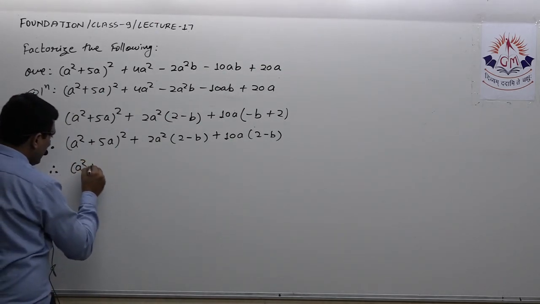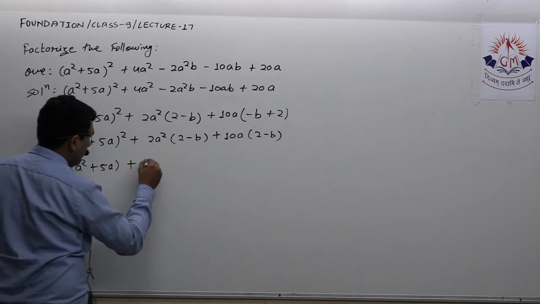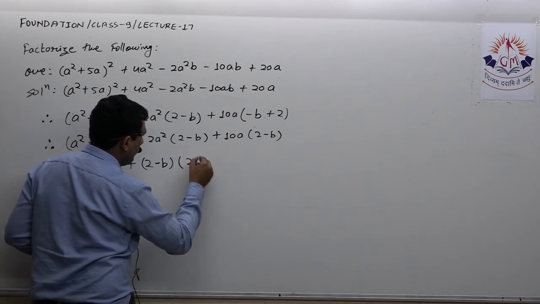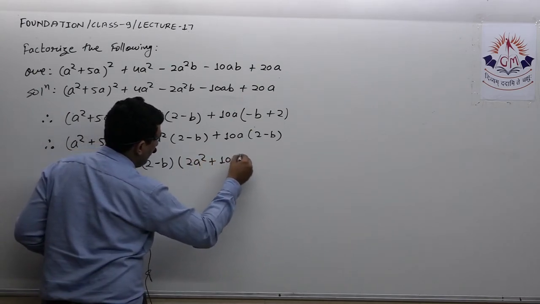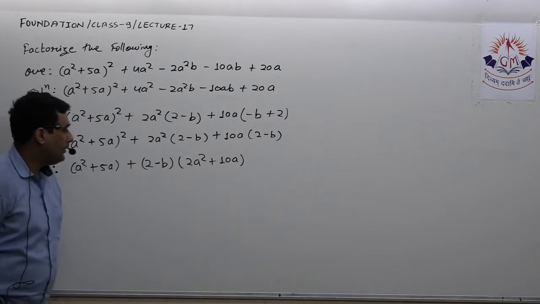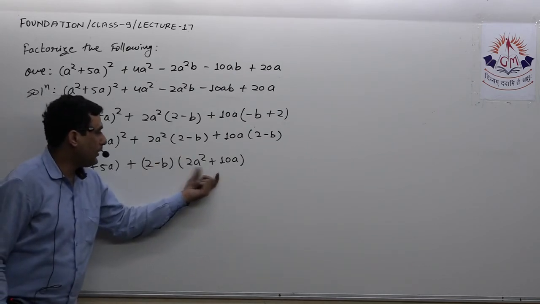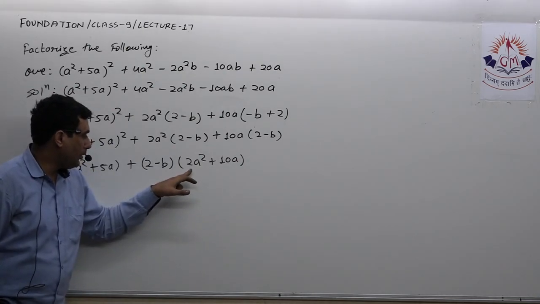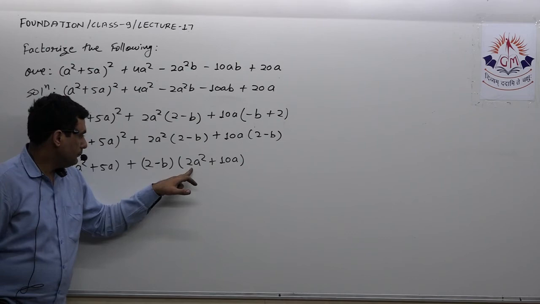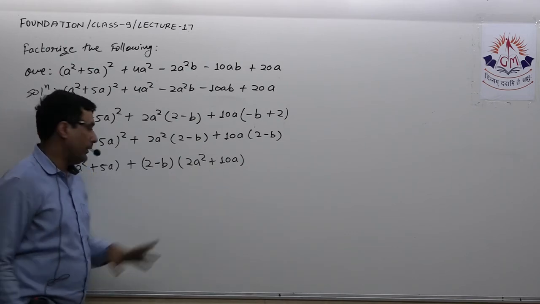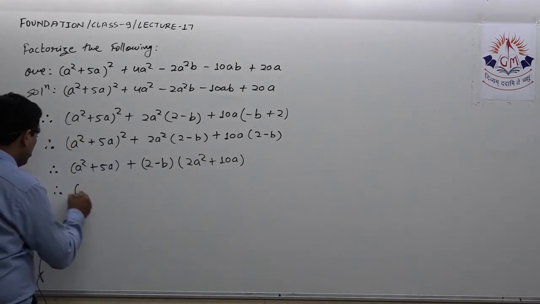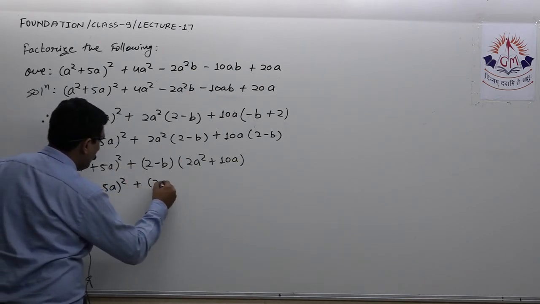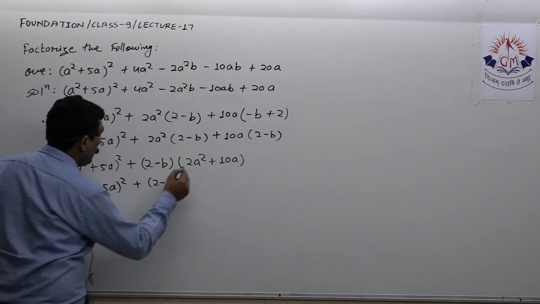I write this as it is, and 2 minus b common, so here I'll get 2a square plus 10a. Now from these two I can take 2 common. So here I get a square plus 5a whole square plus 2 minus b, and if I take 2